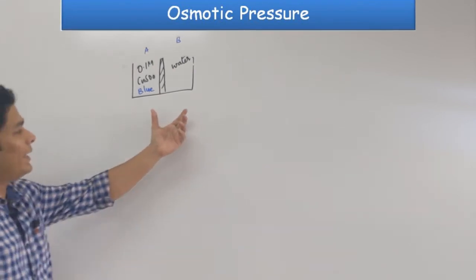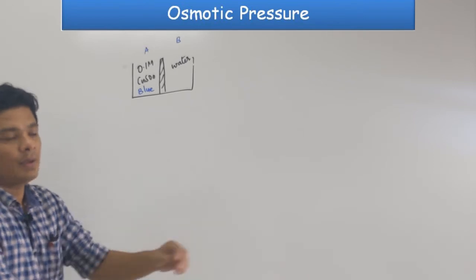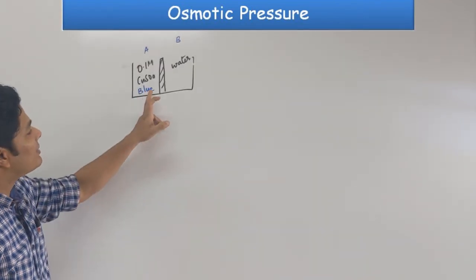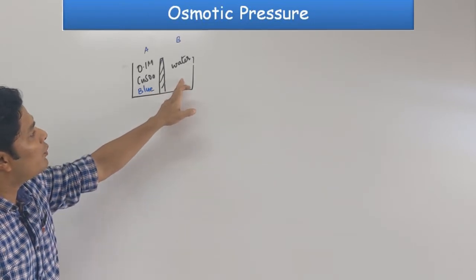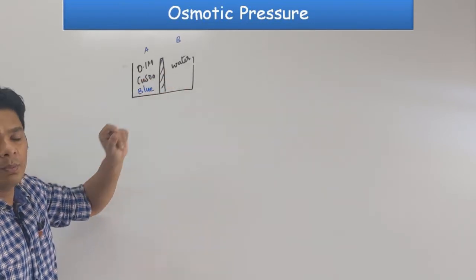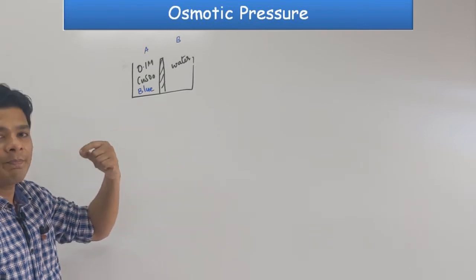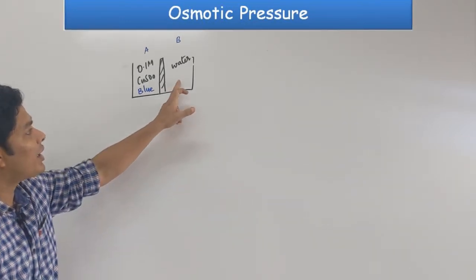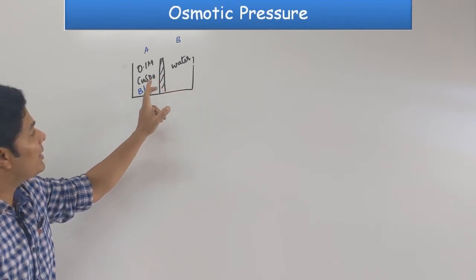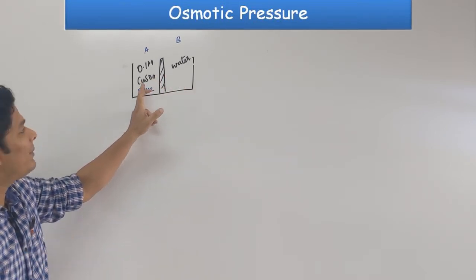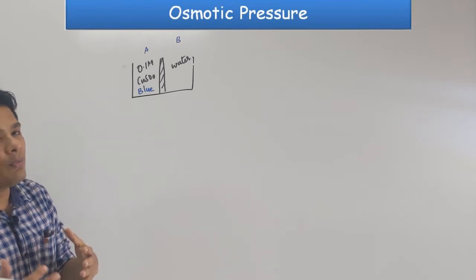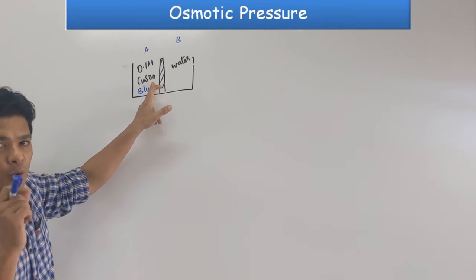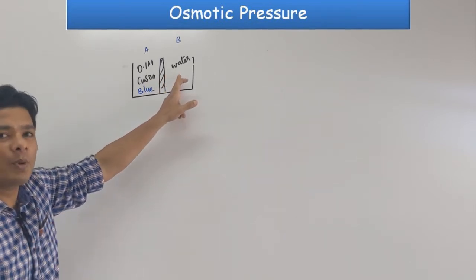Now obviously they can give you 4 different options. What will happen to compartment B? Because this is higher in concentration, water will move from B to A. So there is movement of solvent from B to A. If water keeps moving from B to A, I don't have any change in color in compartment B. The color in compartment A will go down because it becomes 0.1 to 0.05 or something like that. So color in compartment A goes down, but no color change in B. You want to pick the appropriate option.